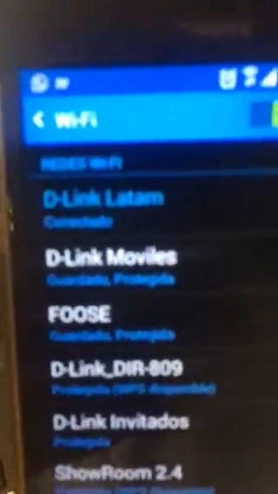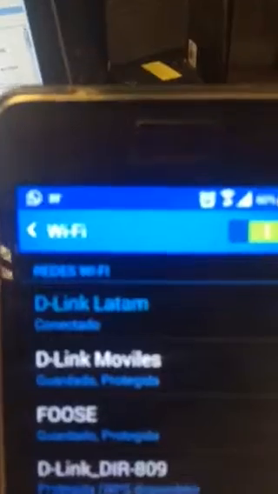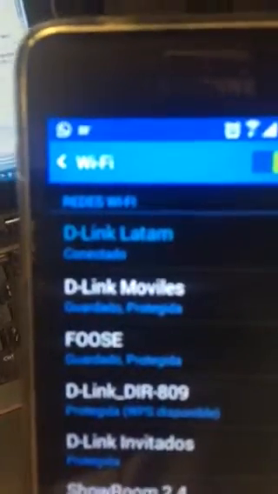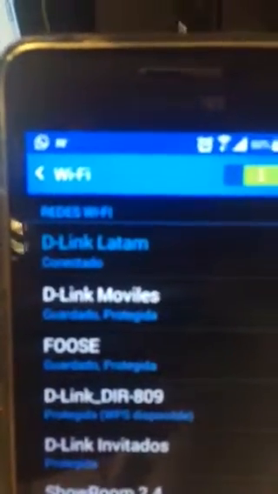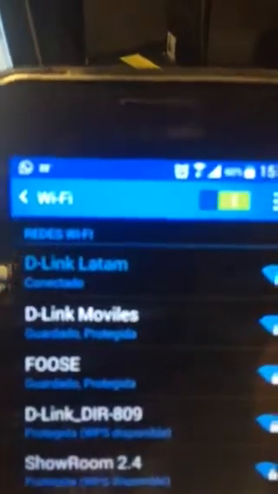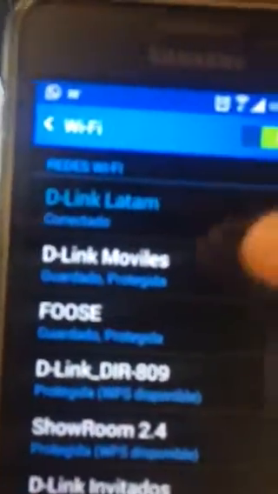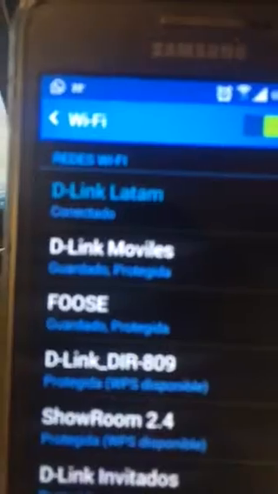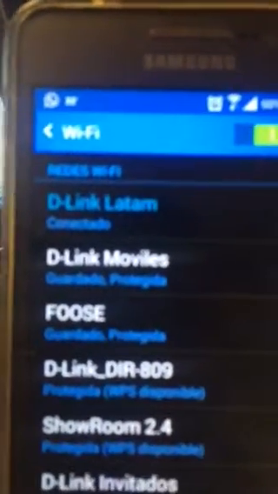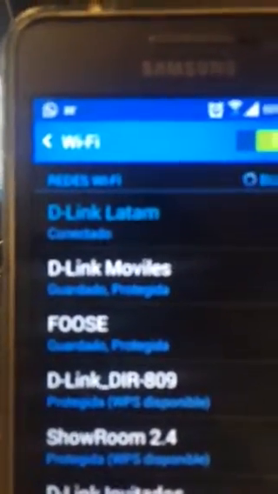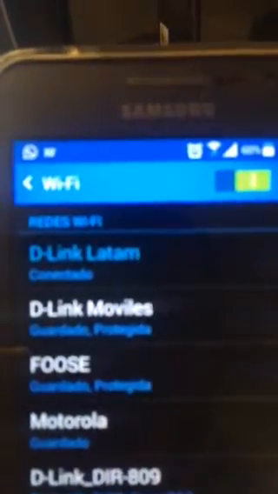So you can see here currently I'm connected to one of our networks that we have here in the MX. And you can see the link DIR-809. So I'm not connected to it. So the idea is to establish that connection. Then